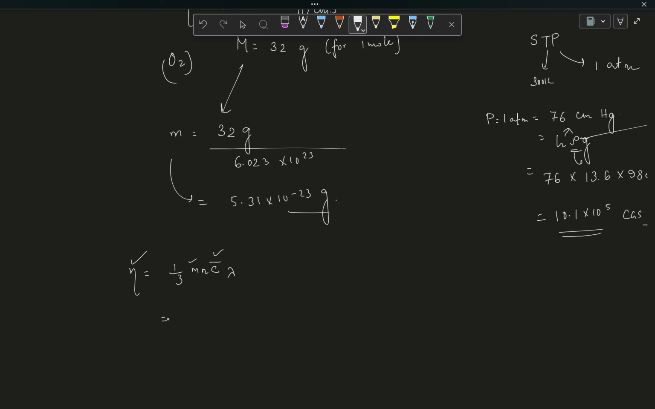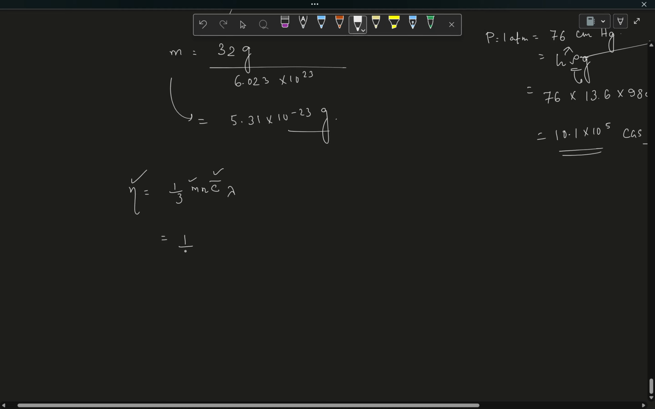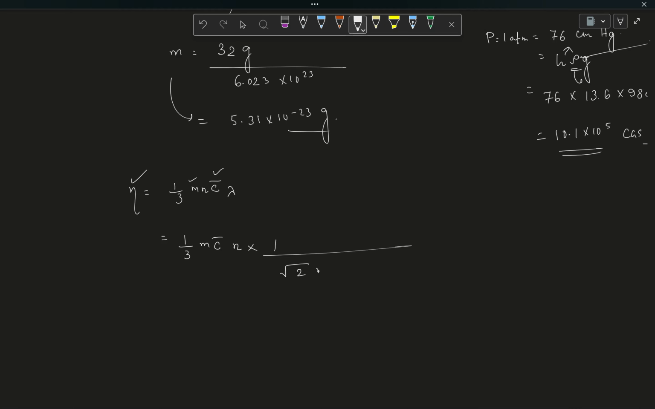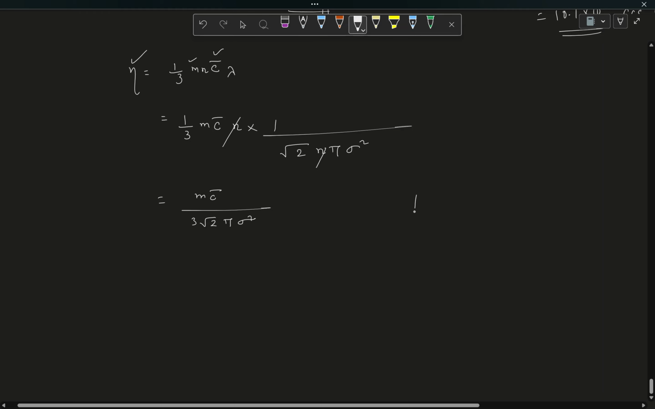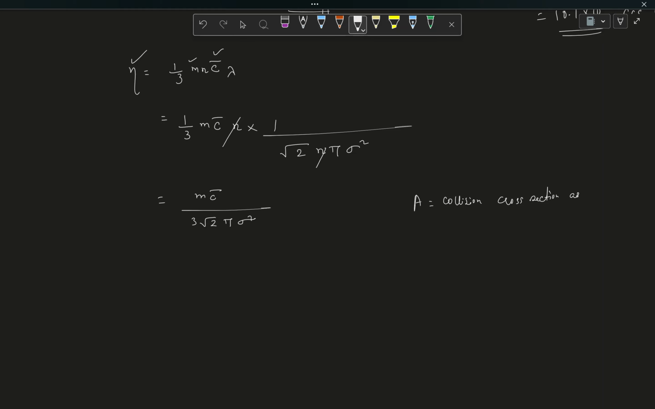Also, the lambda expression you can write further: eta is 1/3 m c bar into n into lambda, where lambda is just 1 by root over 2 n pi sigma squared. So this eta does not have a direct dependence on the molecular number density n, since n and n cancel out, and you are getting m c bar by 3 root over 2 pi sigma squared. If you take the collision cross section area,